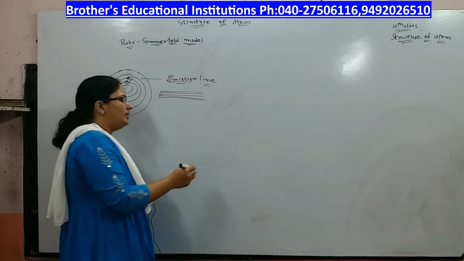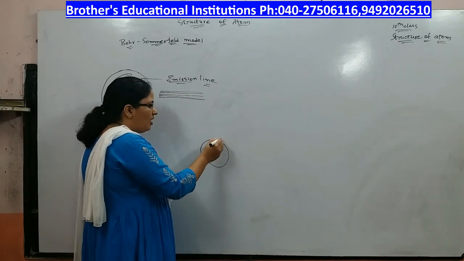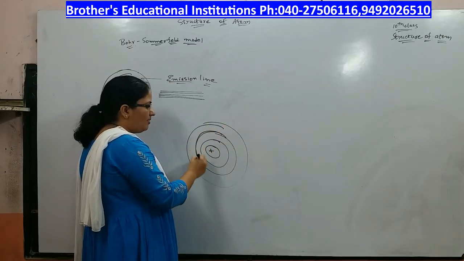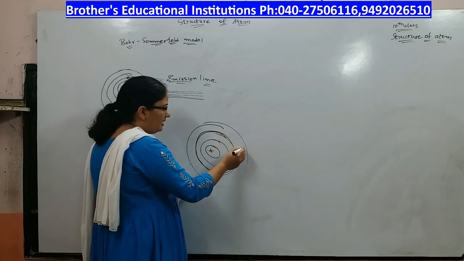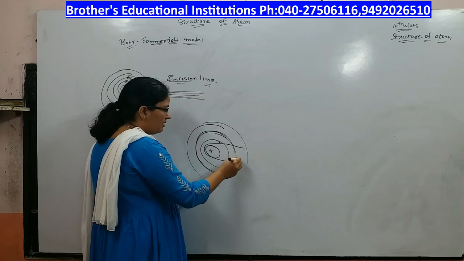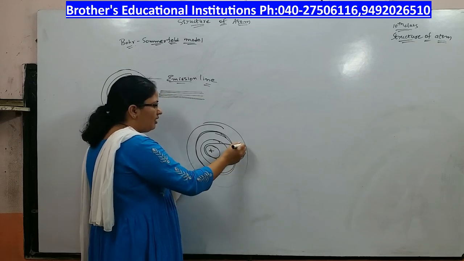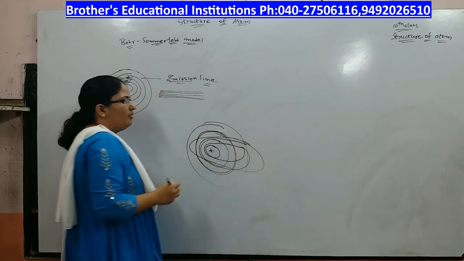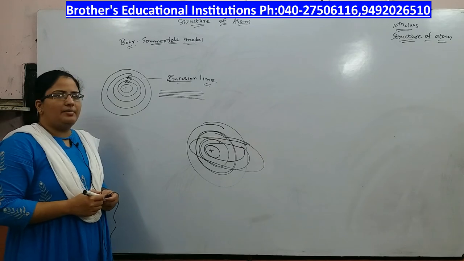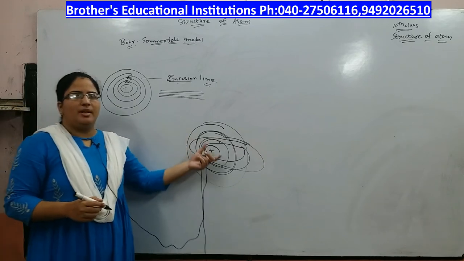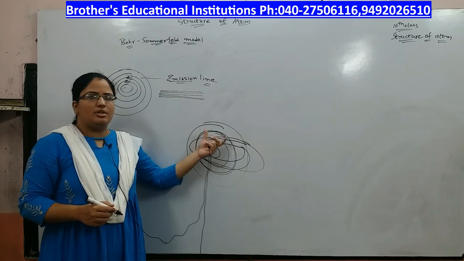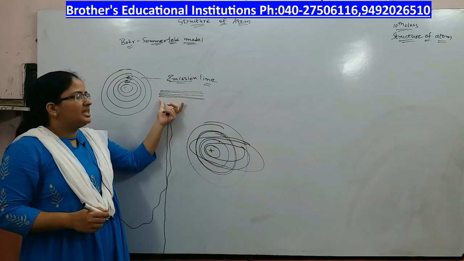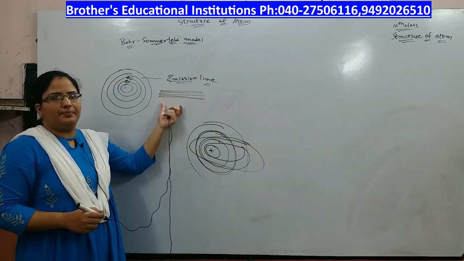In the Bohr-Sommerfeld model, you have orbits around the nucleus, but from the second orbit onwards, it has further elliptical orbits. This is one elliptical orbit. The third orbit has two elliptical orbits. The fourth orbit has three elliptical orbits in which the electron moves. Because the electron is also moving in elliptical orbits, Bohr-Sommerfeld said that the emission line has further small lines in it.